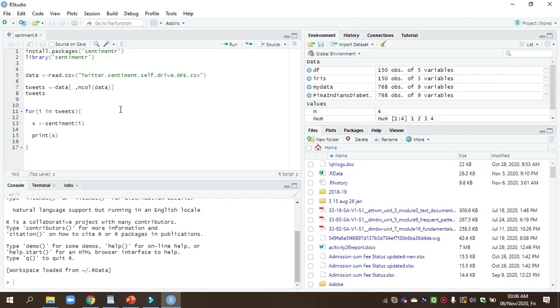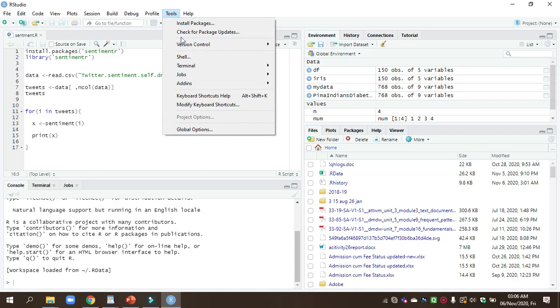To run this program we require some packages and libraries of the sentiment, so I am installing those packages.